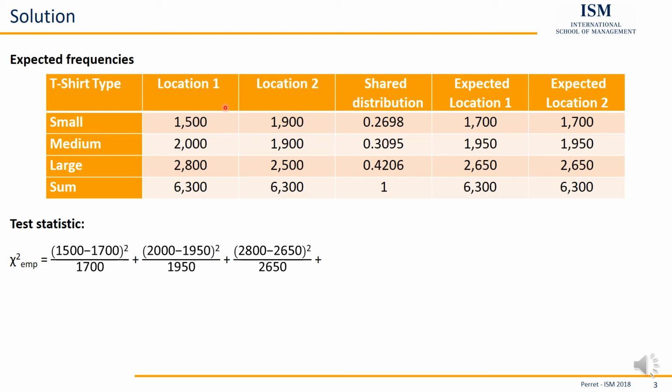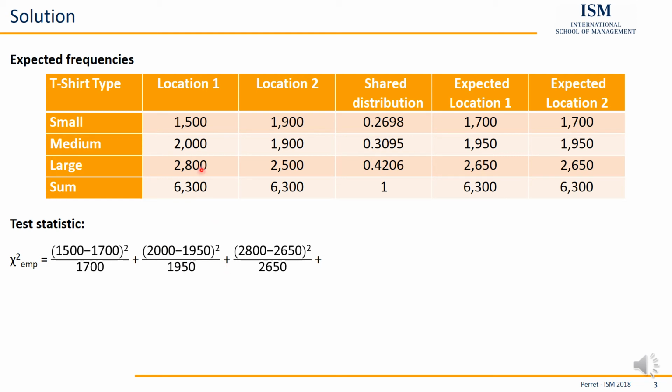We always compare the actual number, 1,500, minus the expected number, 1,700, in parentheses, squared, divided by the expected number. We do this for the first one, then for the second one for location 1: 2,000 minus the expected value 1,950 in parentheses squared, divided by 1,950, plus